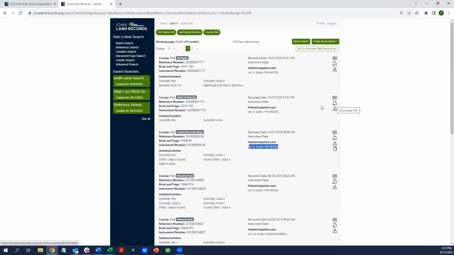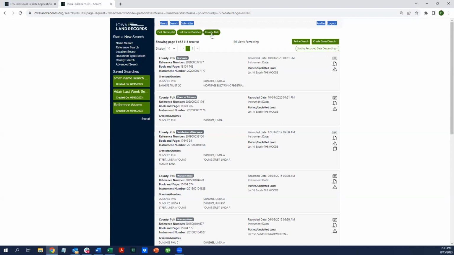So the first thing I want to say is that in this particular case, what did I do? I ran a search on my first name, my last name in Polk County. I did not have a date range. When you run a search, the criteria that you have selected are going to appear in this upper portion of the screen. So you can see where my cursor is: first name, last name, county. The search criteria that you choose are going to be here to remind you, okay, what did I just do